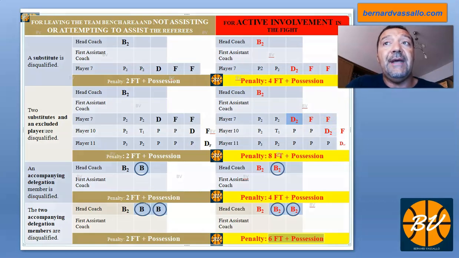Therefore, I hope that now you have a better idea of how these disqualifications and technical fouls are administered on the score sheet. I hope things are clear, especially about the circled Bs, which I spoke about in the latter part of this short presentation. I hope you have more idea now, and I hope you found this material helpful for the coming season.